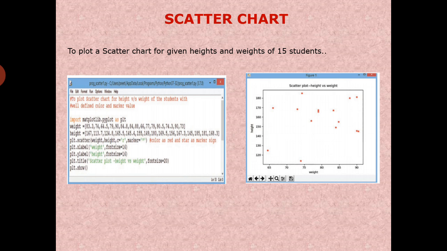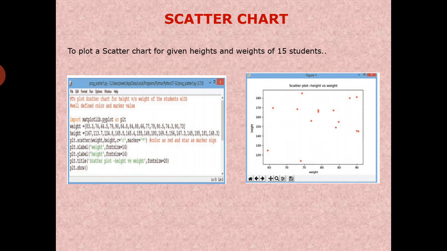Now this is the program to plot a scatter chart for given heights and weights of 15 students and by defining marker color and the marker style. The first statement is import matplotlib.pyplot as plt.